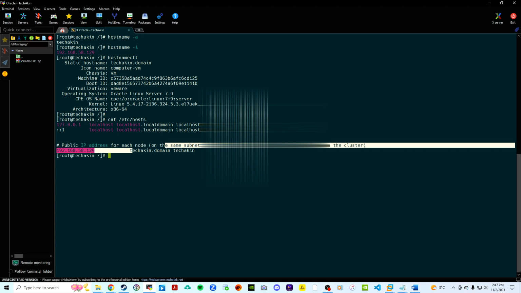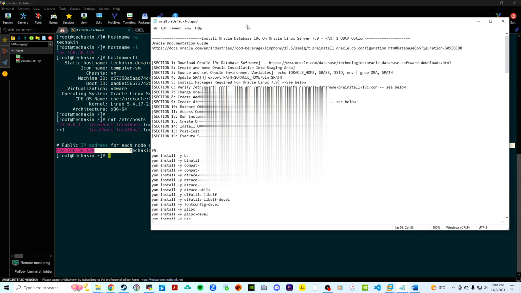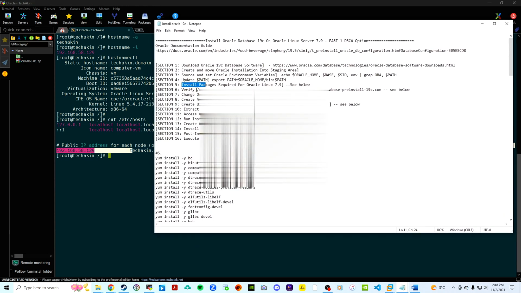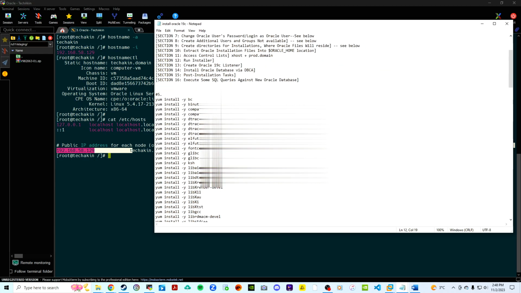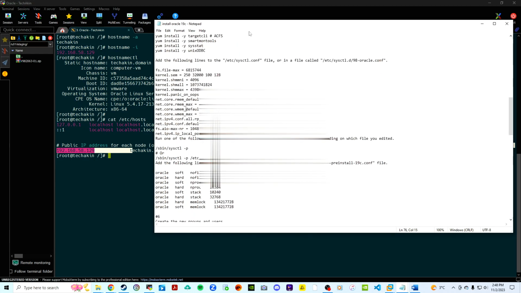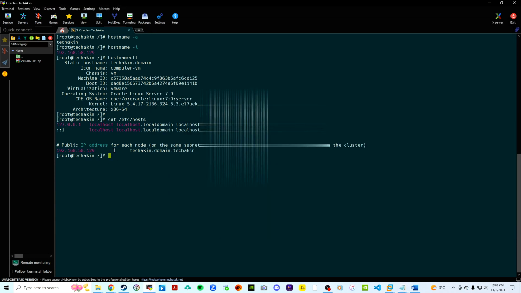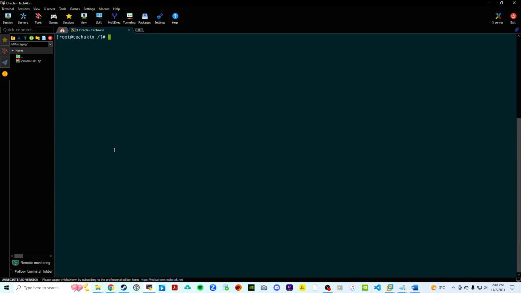That is brilliant. Perfect. So the next step for us is we need to verify two files known as /etc/sysctl.conf and /etc/security/limits.conf. So we have to make sure the content inside of those matches what I have here. The first one we'll do is let's check /etc/sysctl.conf. So basically I'm going to clear my screen and I am going to cat the content of